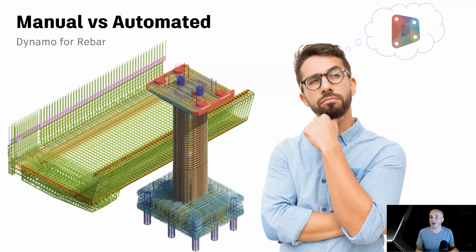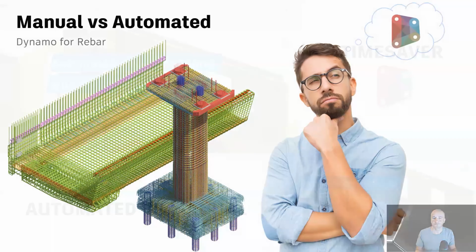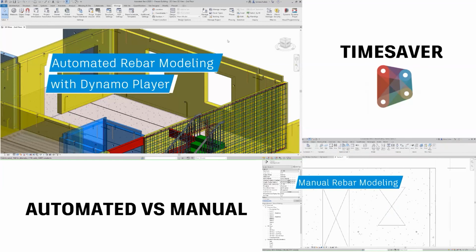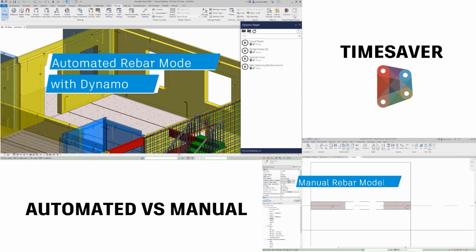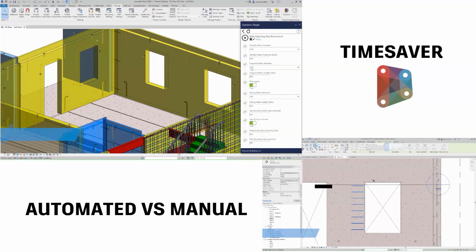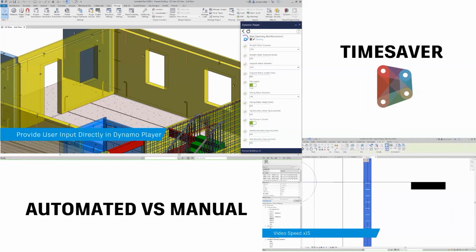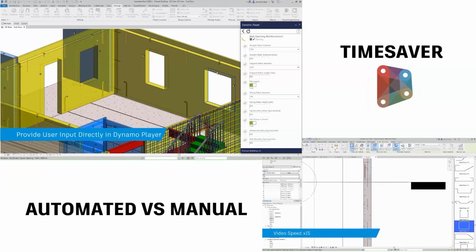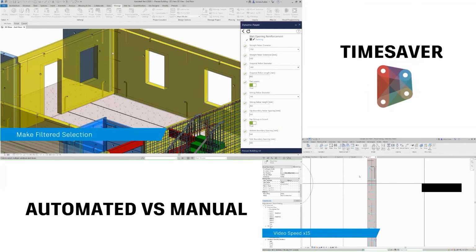So let me talk a bit about automating the process of adding rebars to concrete models. Let's see two short videos running next to each other. The one in the lower right corner shows the manual process of creating reinforcement around the window opening. This video is sped up 15 times.